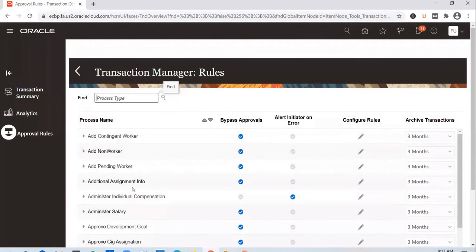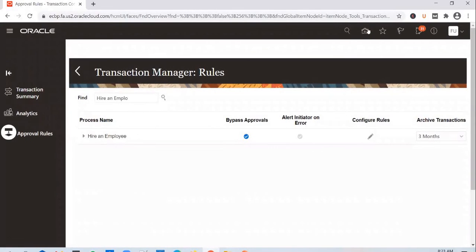But for a given approval process, there are a few things that you can control. Okay? Say for example, you pick up hire an employee. When a user logs into the application and tries to hire an employee, you can control whether you want to bypass approvals for that transaction.